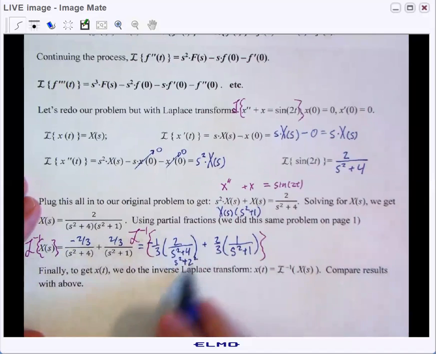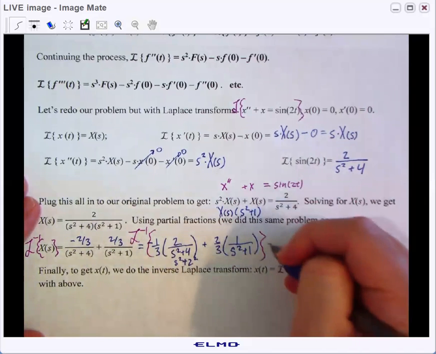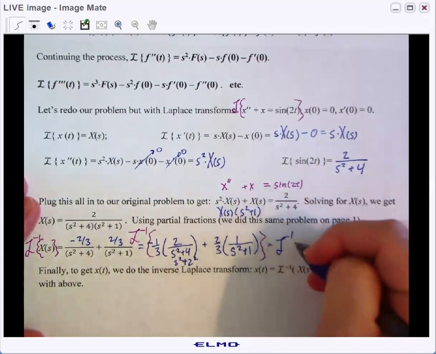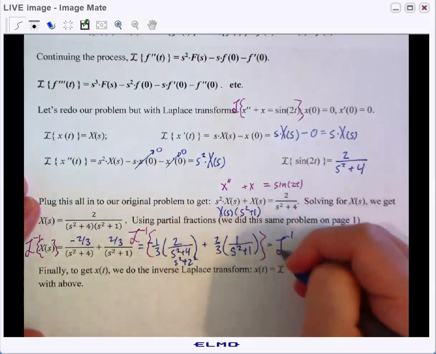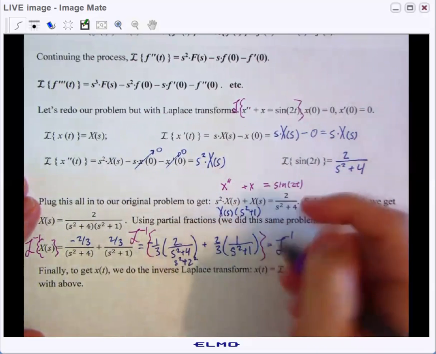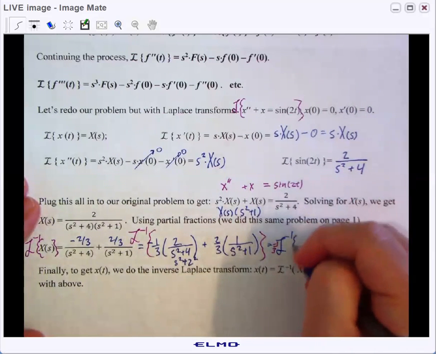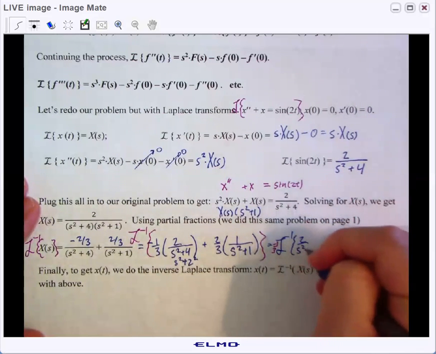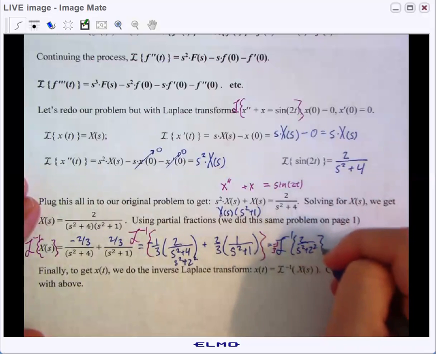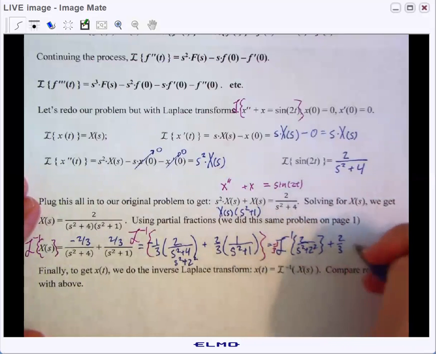So let me just do one more step here. The inverse Laplace transform of, and we'll factor out the negative 1/3, inverse Laplace transform of 2 over s squared plus 2 squared plus 2/3 times the inverse Laplace transform of 1 over s squared plus 1,